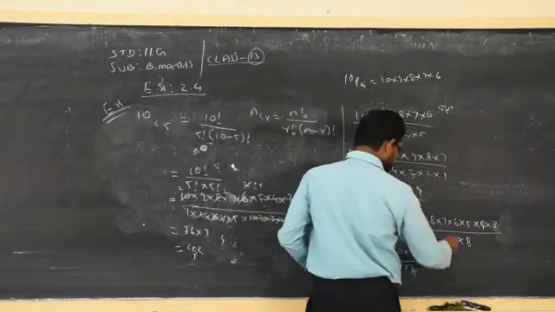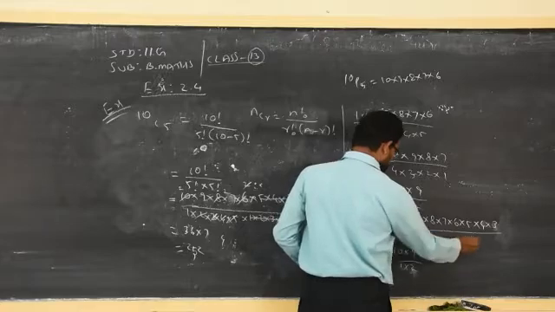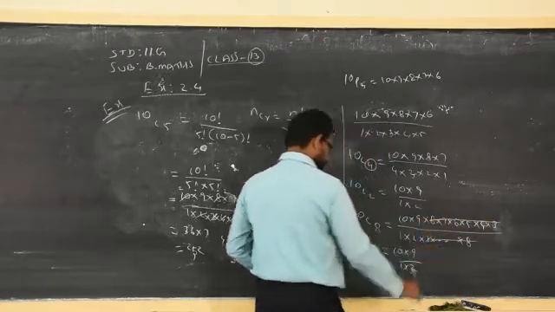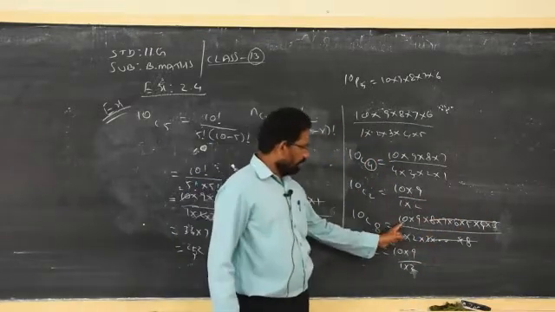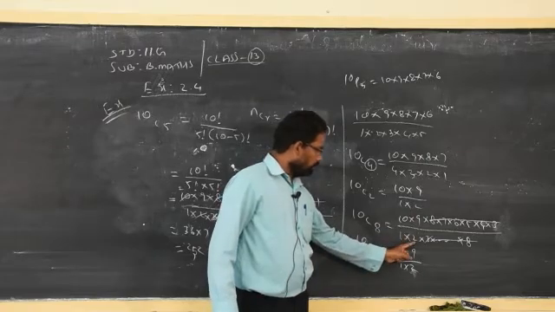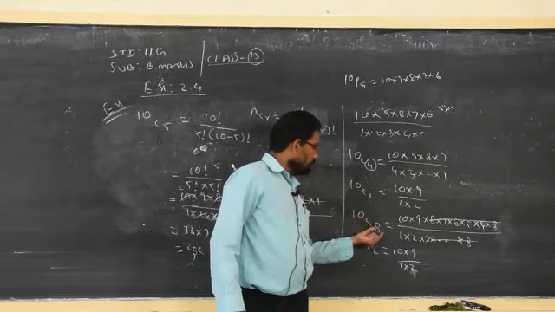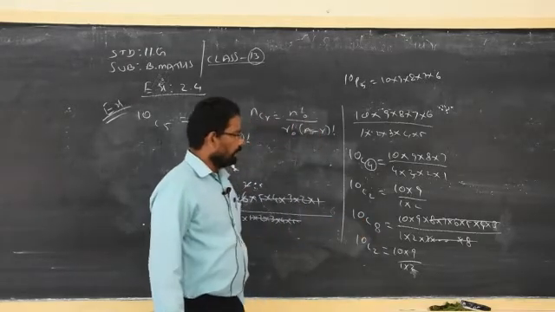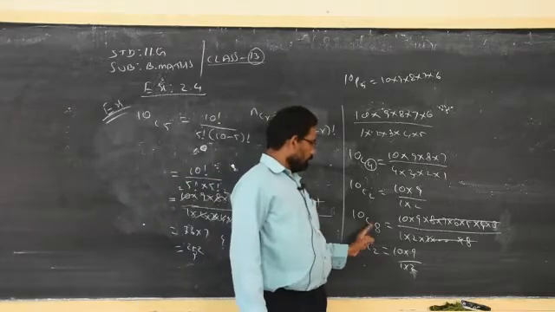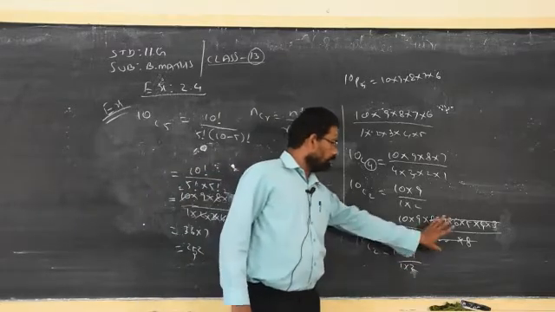3 to 8 will be eliminated. See, straight away you can cancel. What is the remainder? 10 into 9 by 1 into 2. See, the same thing we get. Clear? So if it is 10C8, it is very close to this number. When the suffix is very close to the total number, then you can subtract these two, and that will be equal to these calculations.